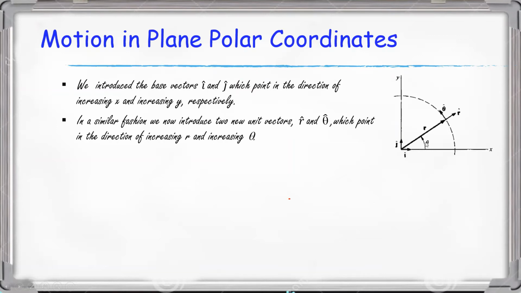The angle is increasing in this direction. Okay, then it will be the direction of theta. At this point, when we increase the angle, the direction is this way. When it is at this point, the angle is increasing in this direction, then the theta direction must be this way. Okay,